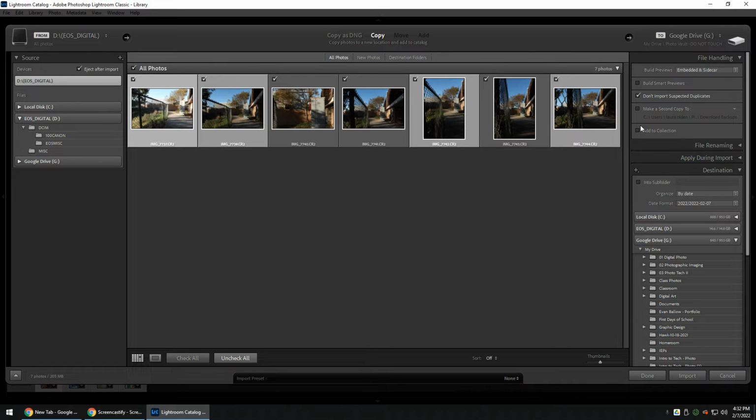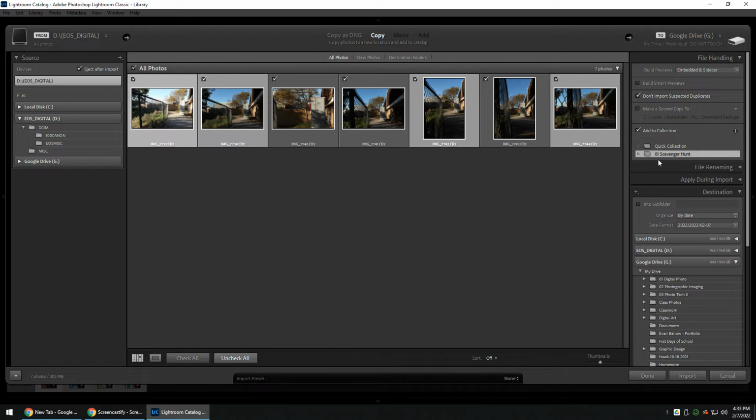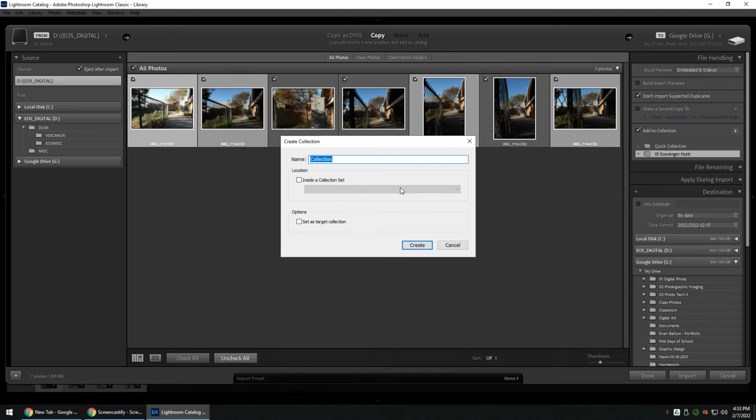So the last thing is when you're importing, we make sure it's going from your memory card, copying to your photo vault, and then you always add it to a collection. For this one, I'm going to be adding it to scavenger hunt, but say it's a new assignment. What you're going to do is hit this plus sign, and you're going to name it after the assignment. Usually it's in number order. So say this is our 4th assignment, 04, and we're going to call it,